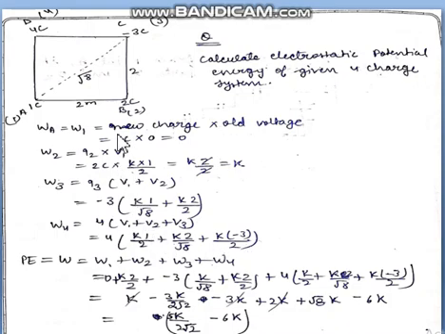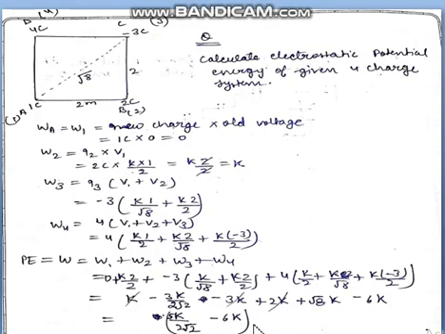Now we have calculated all the 4 works, and the total potential energy is the total work, so we have to add all the work done. So keep on substituting. The first work will always be 0. From the second work, start substituting the values. You can see the values, and finally the answer is obtained.